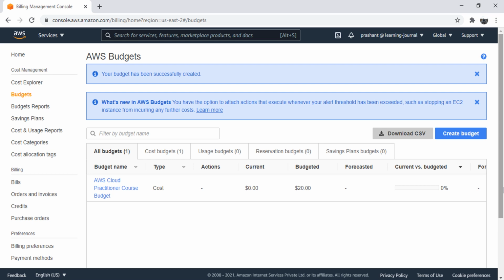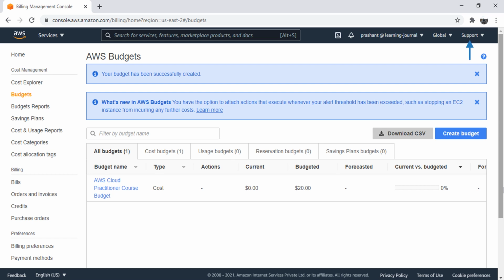AWS services are not too expensive, but if you forget to terminate and clean something which you do not want to keep running, your bills may go up at an unexpected cost. AWS budget can help you in those situations with email notifications. So you can log back in to your AWS billing module and analyze the reports. AWS billing reports can help you identify the root cause of your unexpected cost. If you still have questions about your bill, you can reach out to AWS support for help.